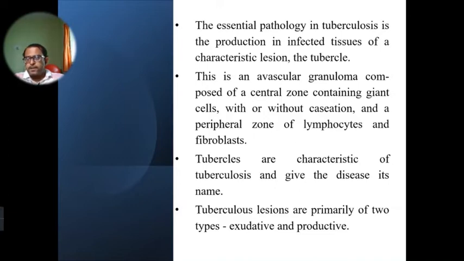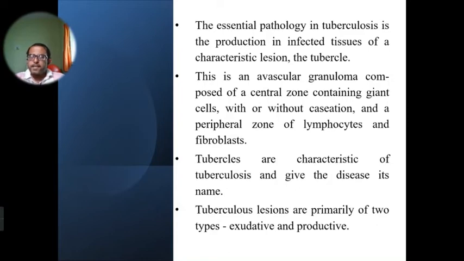In that infected person, these tubercle type lesions are produced, and these tubercles are the characteristic of tuberculosis infection, pulmonary tuberculosis infection. Because of this formation of tubercles, the name tuberculosis is given to the Mycobacterium tuberculosis bacteria. The name of this bacteria is derived from the formation of the tubercle in the human lung. Mycobacterium tuberculosis gets its name from this tubercle formation.